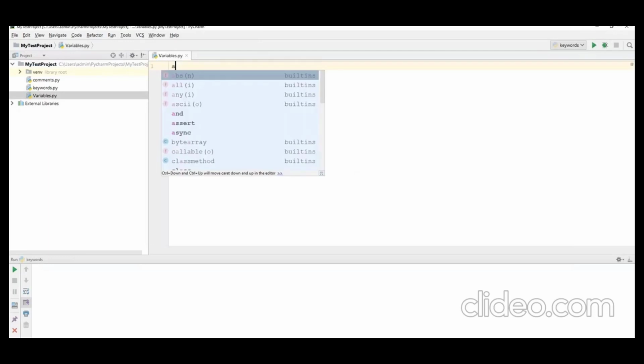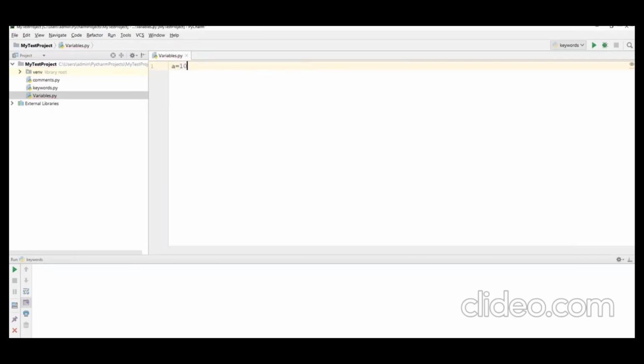First, let us say a is equal to, let's say, 10 here. If you go to Java or C++, when I create a variable, we must specify the data type. That means, before itself, we need to tell what kind of value we are going to store in that particular variable. But in Python, we don't need to specify any specific data type. As soon as we have assigned some value into a variable, it will be considered an integer. Suppose I say a number here, that will be considered as a number.